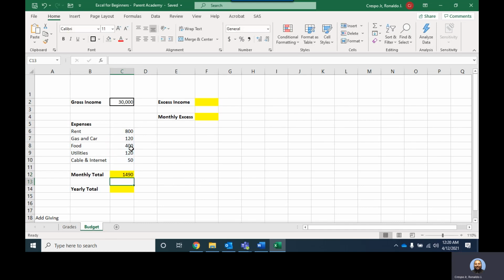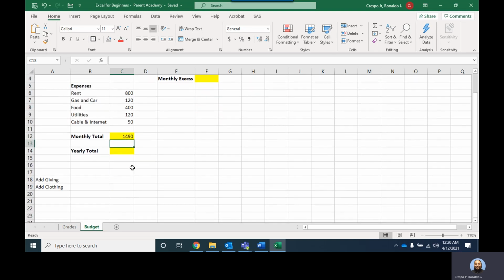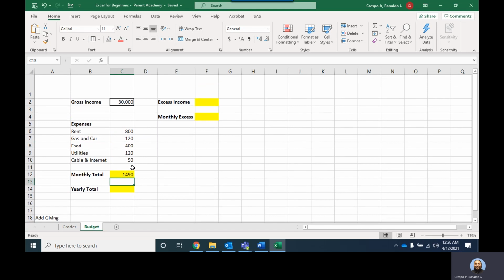And just like that, I quickly found out what my expenses are for the month. So for my monthly expenses, I automatically have to pay 1,490. All right. And so then if I wanted to see how much I need to pay for the year, we'll